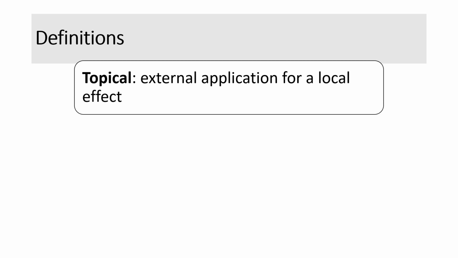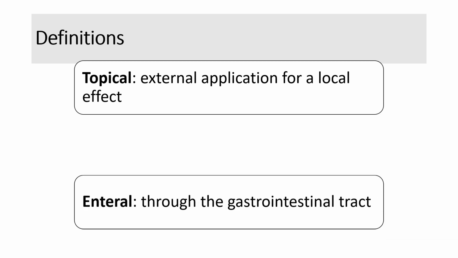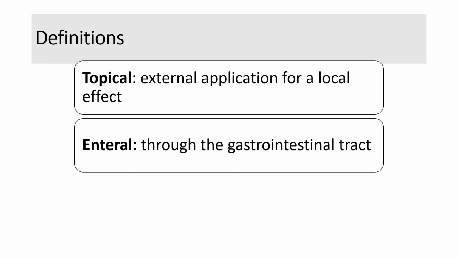Now we shall look at the two systemic routes. We said we have enteral. So enteral routes include those whereby the drug is introduced to the body through the